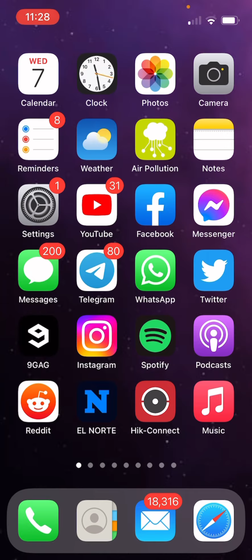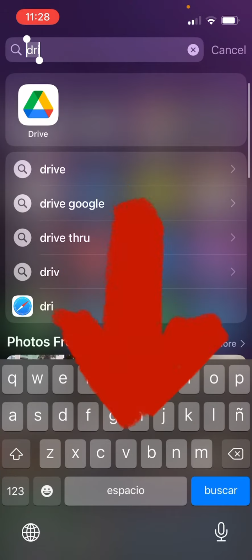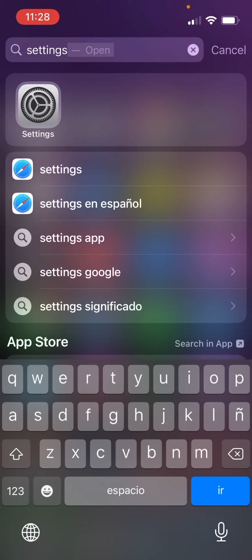Okay, so we're going to head on over to the settings. In my case, you can see the settings right here, but if you are having trouble finding the icon, you can always swipe down like so and search for settings. Just type it in there, and as you can see, the settings icon appears right there. Just click on it,